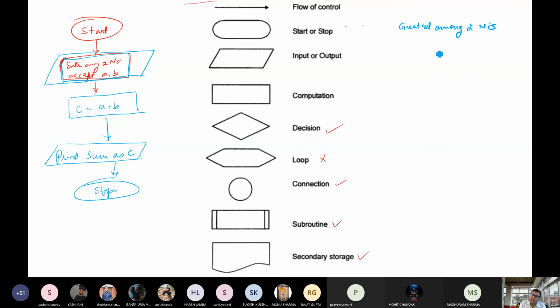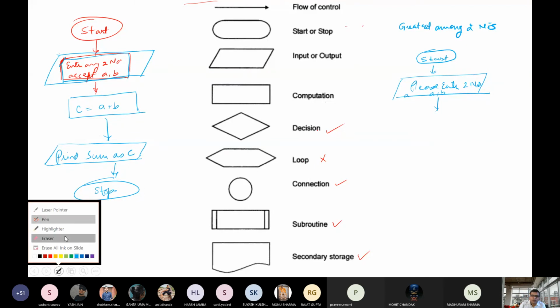So initially you start with start, then you take input from the user. Please enter two numbers. And these numbers are A and B. Accept A and B. Let me write very clearly.